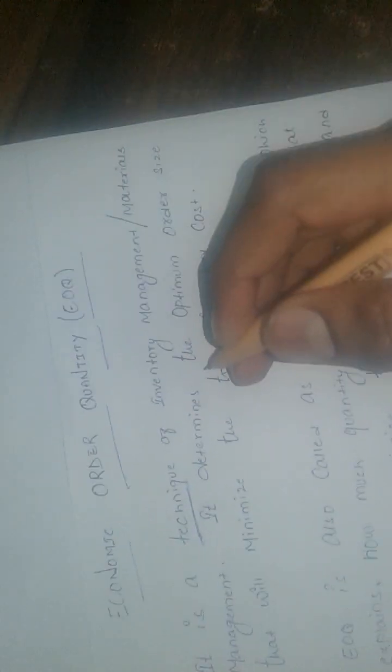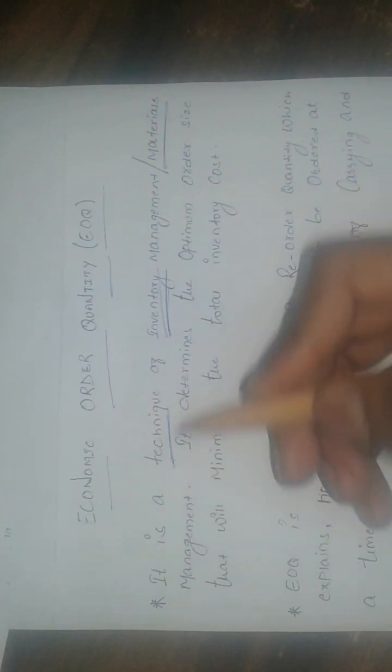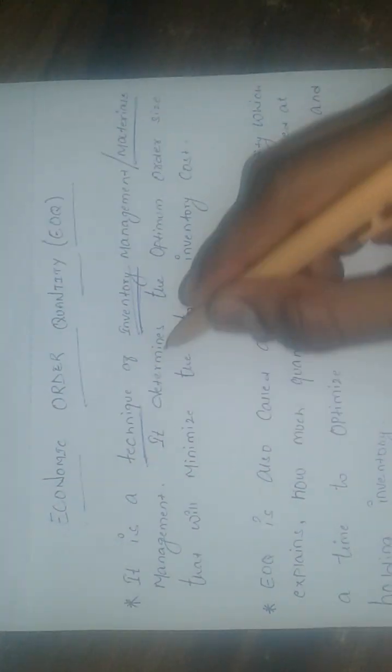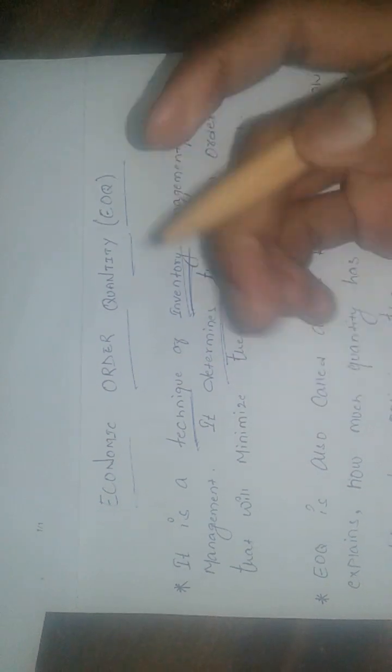It is basically a technique of inventory management, or you can say materials management as well. Alternatively, we can use the word inventory with material, right? So it is a technique for inventory management or material management. It determines the optimum order size that will minimize the total inventory cost. What does this mean? This basically means that